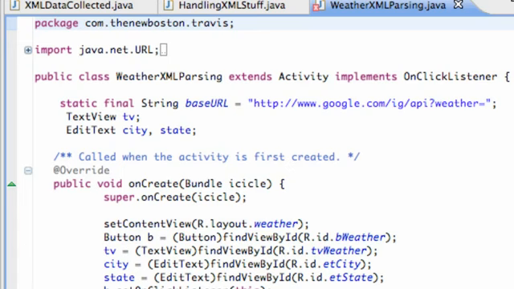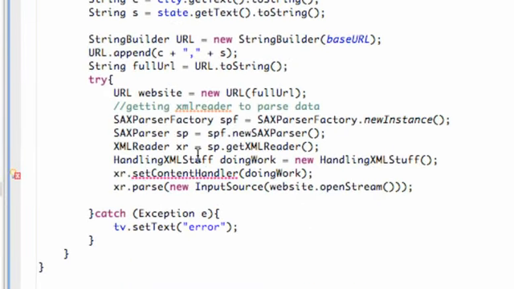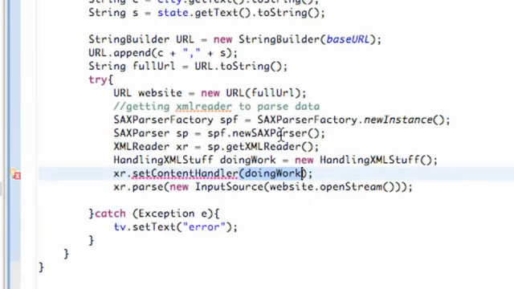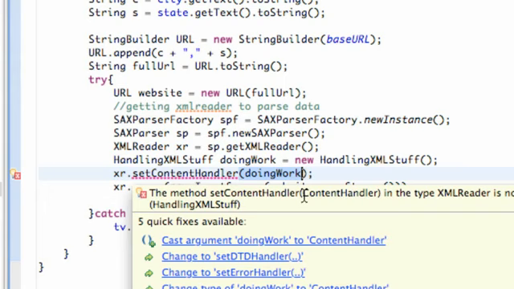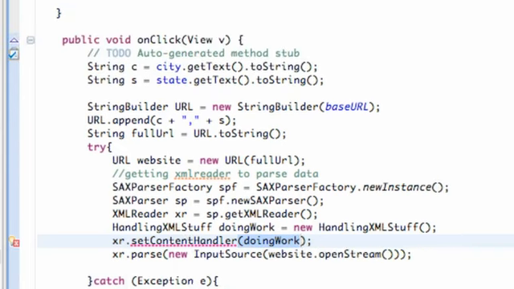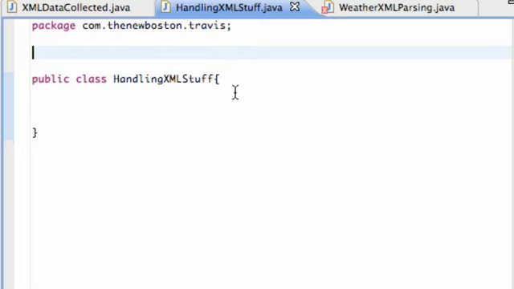What we're going to do in this tutorial is basically set up our handling XML stuff class, because again we set some sort of content handler to basically do the work or handle the method that we want it to do. And that's what that class is pretty much going to do. Don't get confused by handler or anything like that. All it's saying is, we have this class that we want to handle the work or do the work. So we're going to set that up, and again, as we scroll over here, you can just see it needs some sort of a content handler. So this class has to be some sort of a handler, but as for now it's nothing, so it's giving us an error here. So let's jump over to our handling XML stuff class, and all we're going to do